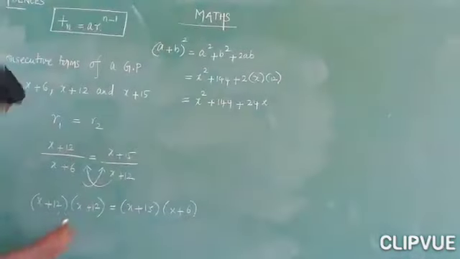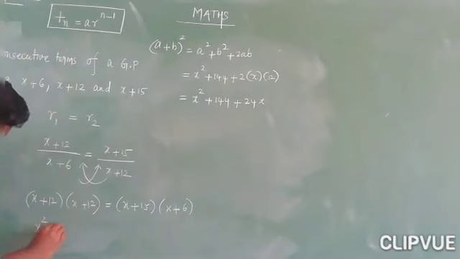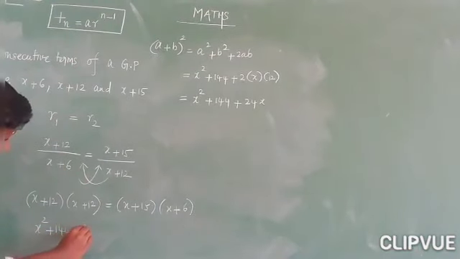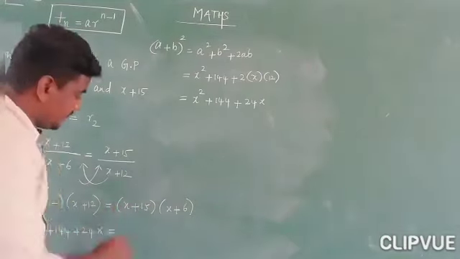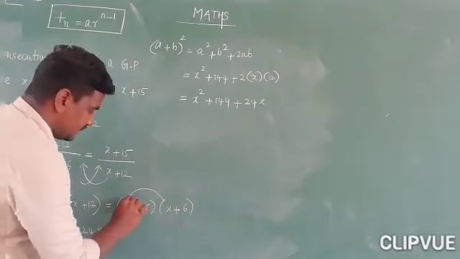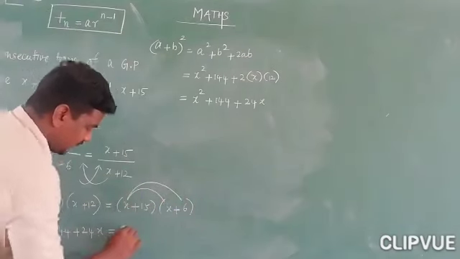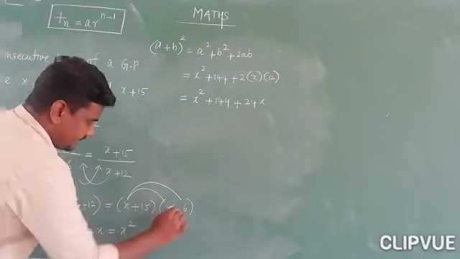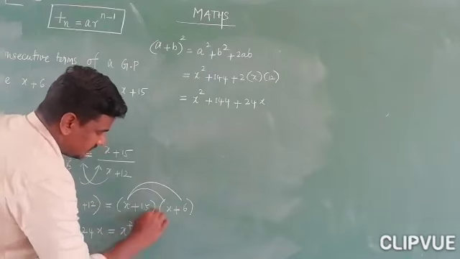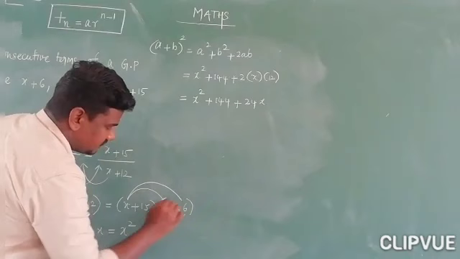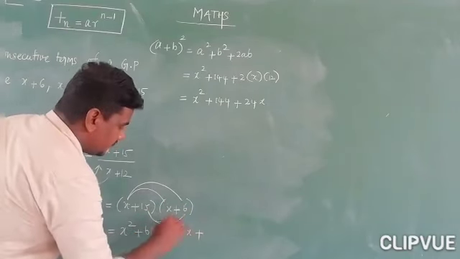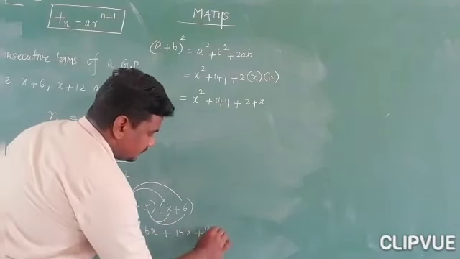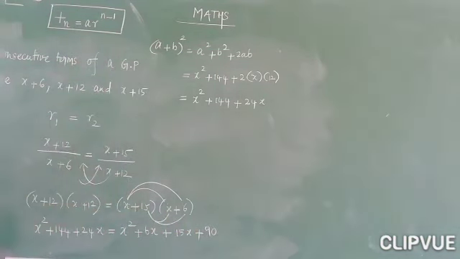After simplification we get x square plus 144 plus 2 into 12, 24x. Okay. So expansion of this one is x square plus 144 plus 24x, which is equal to, here multiplying binomial by a binomial. First term, first term; first term, second term. X into x, x square. X into 6, 6x. Next, second term, first term; second term, second term. 15 into x, 15x, plus 15 into 6, 90. Okay. So now simplify them.